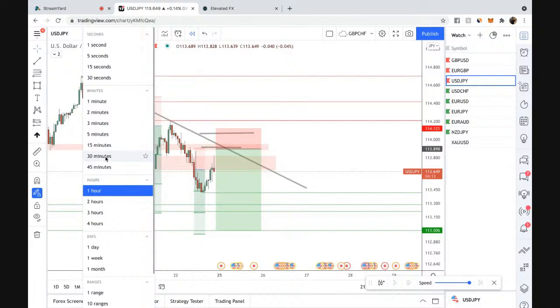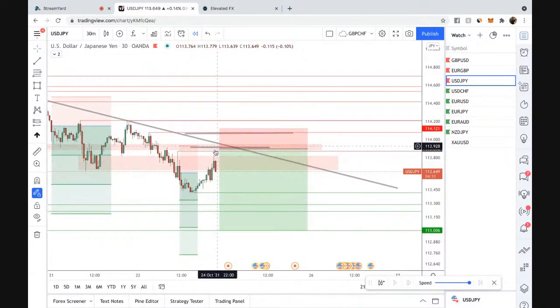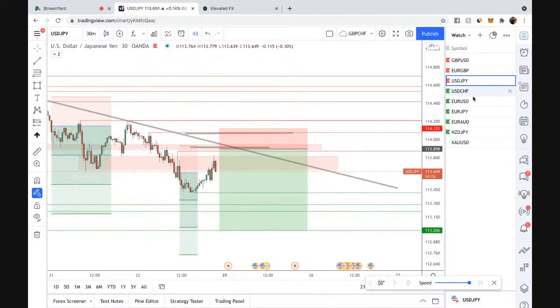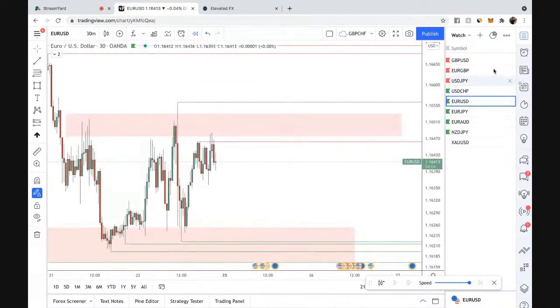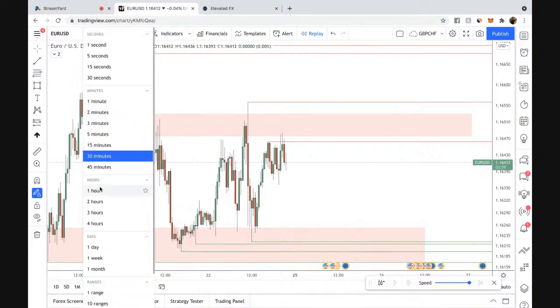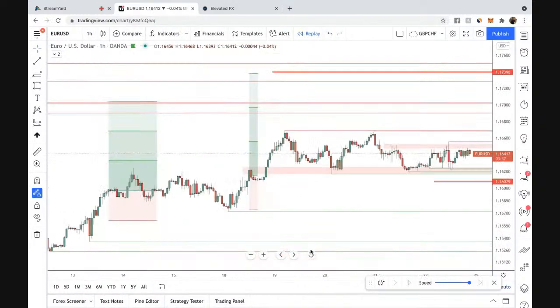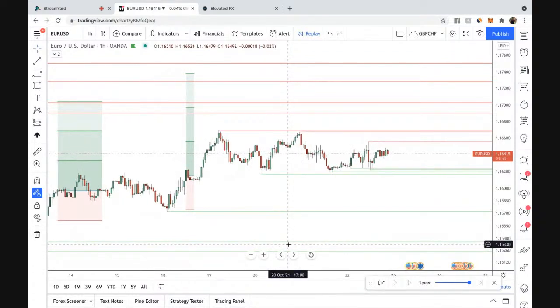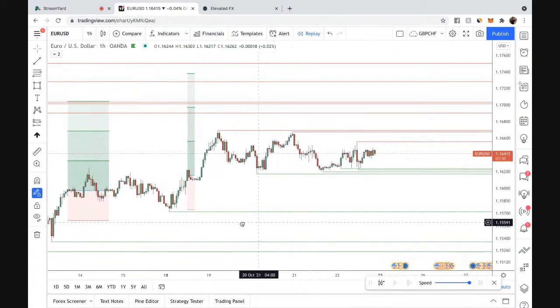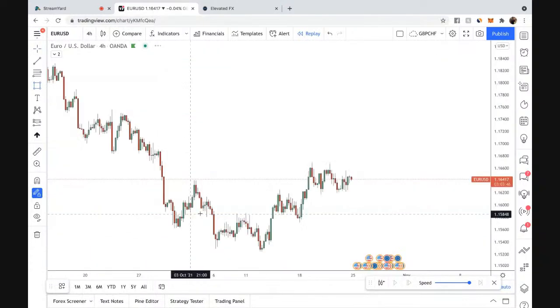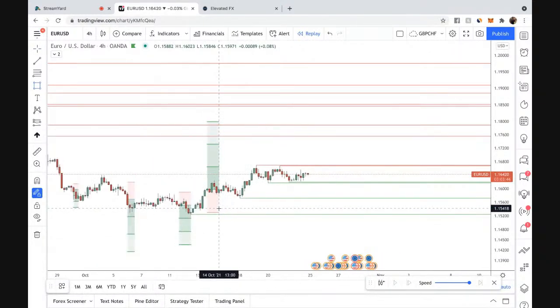Because now this is going to be a nice, interesting thing to see if it wants to come here and reject, right? But if those two pairs want to go down, that would show me that EU could potentially go up, right? So what I just said is just some basic correlation. If U Swiss is going down, EU is going to do the opposite. So fast forward, we're going to start off on the 4 hour. Here, we don't even need Enigma right now.